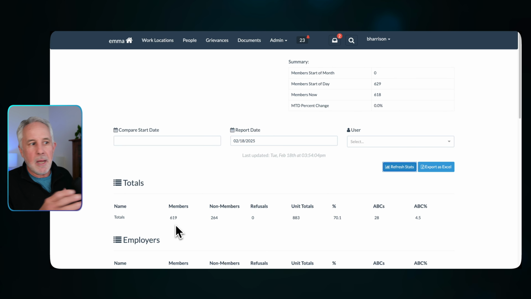Now, a little comment on membership stats. The membership stats calculate every night automatically. There's a process that runs in the middle of the night. It goes through your whole database. It counts up all the people according to the settings that we have in Emma, and it gives you this